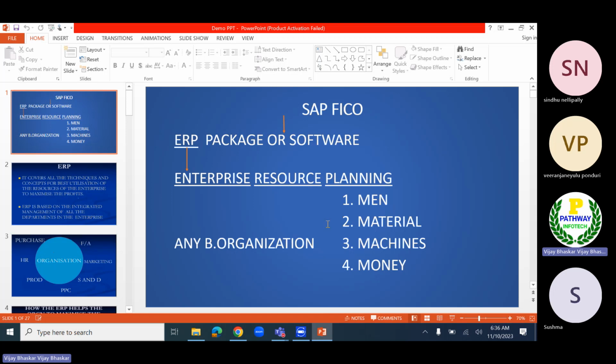So for effective utilization of the available resources, we require planning. Without planning, I cannot achieve the goals of my business organization.